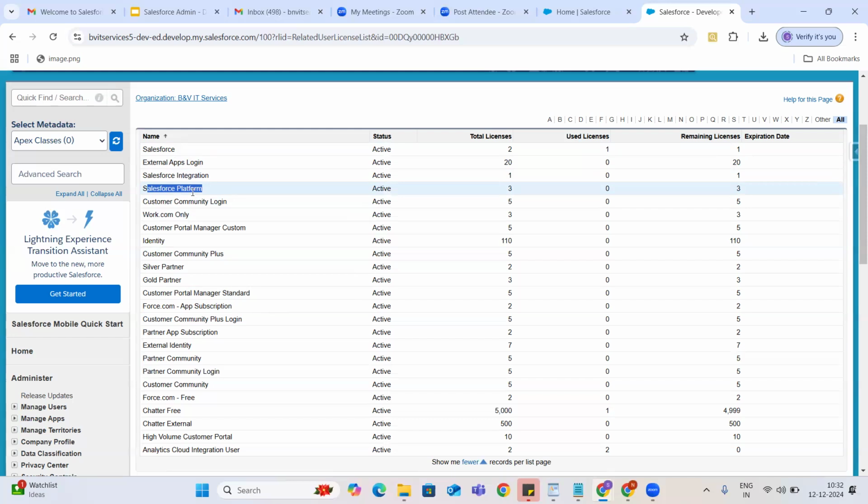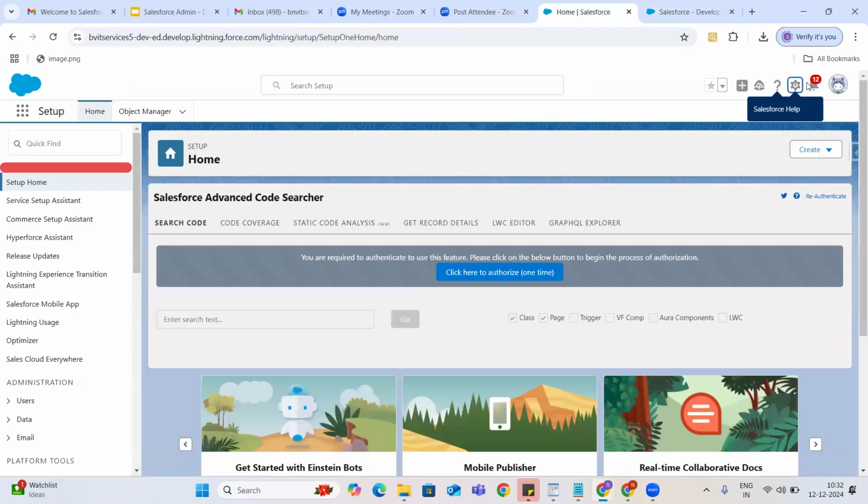But with the Salesforce platform license, the setup link is not available for you. If you are a Salesforce platform user, when you log in it is the same thing, but you will not see the setup link. In your page, you will not see the setup button for platform users.